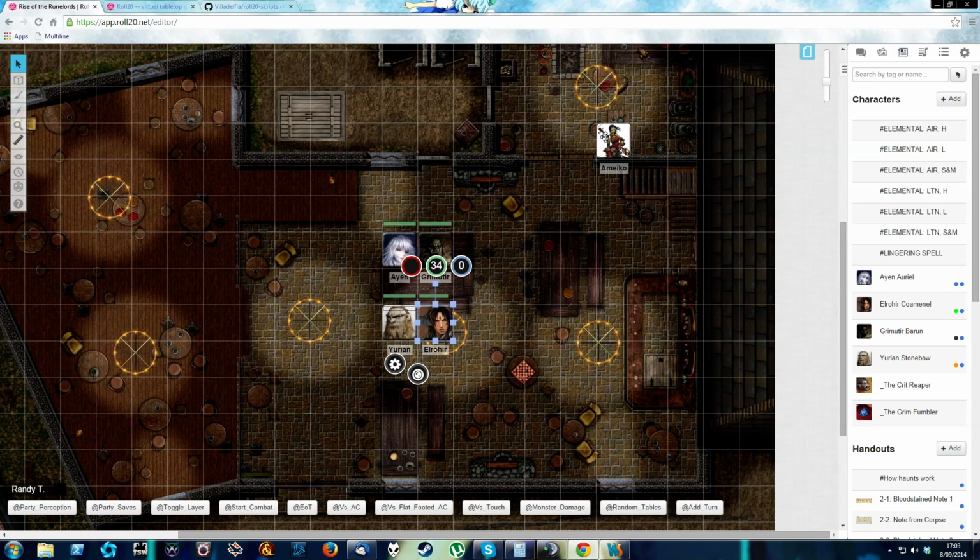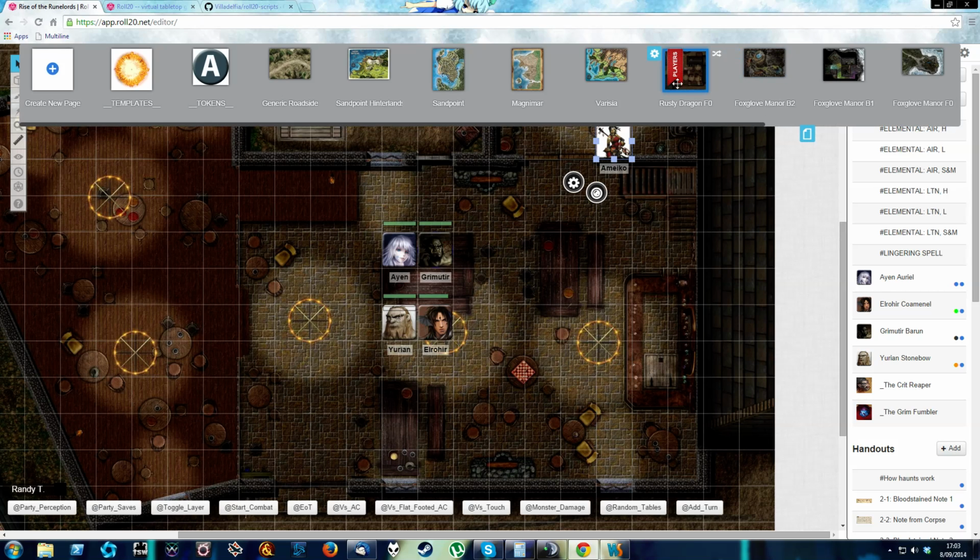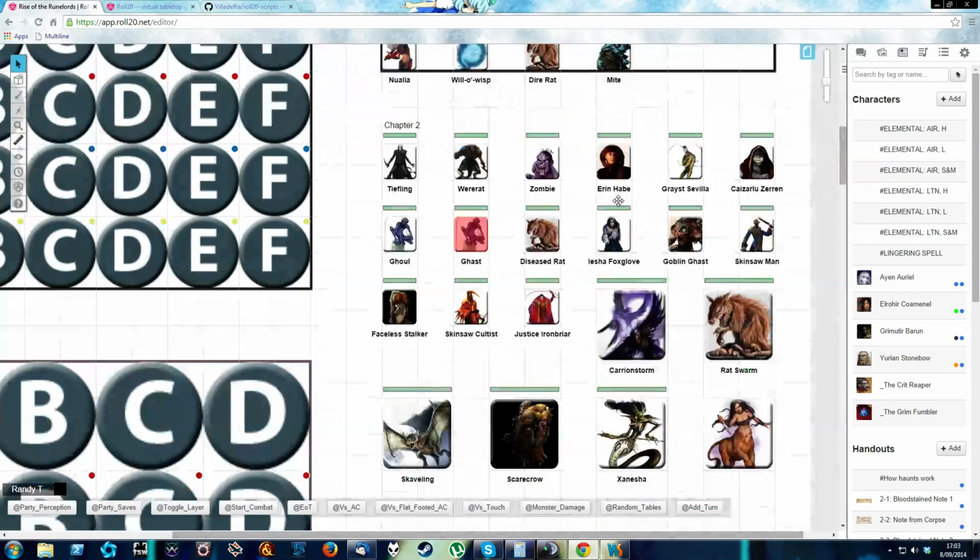Now for things that do not represent players, like Ameko here, well, she wouldn't be added. Because see this red value here, that's bar 3. And it does not have a value. However, if we take a look at my tokens map, you'll see that all the monsters here have initiative values programmed in. So the diseased rat has initiative +2, the Gastaff has initiative +4, Iesha has initiative +7,